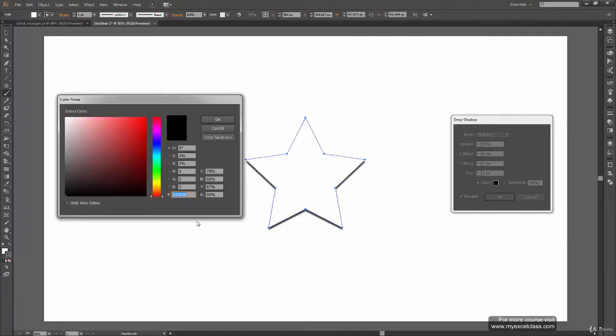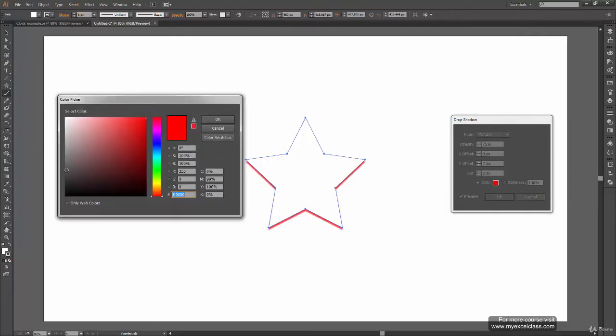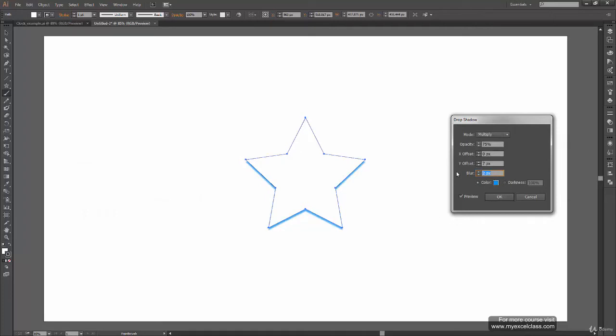And from here, you can decide the shadow color, whether you want it in red or gray or any other color like blue or anything. So let's say I decrease the Y offset to 0 also and make it 20 pixels. 20 pixels is too much, so let's make it 10. Then you have this darkness value which will decide the darkness of the color. It will work on black by default, but I'm going to go with color. Yeah, blue looks fine, and click OK.